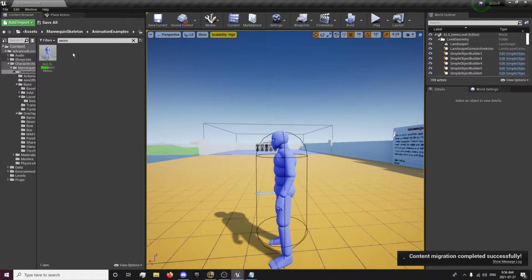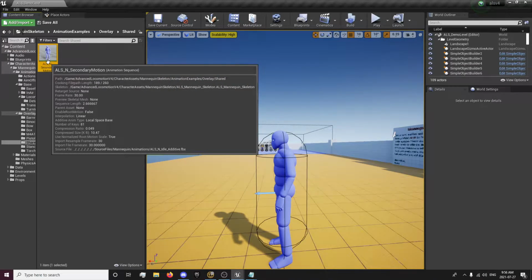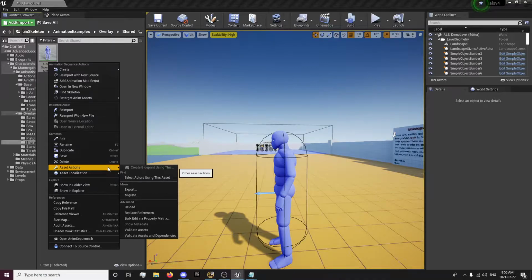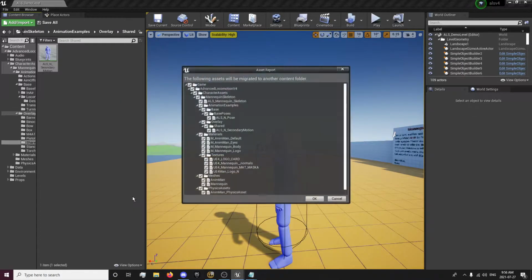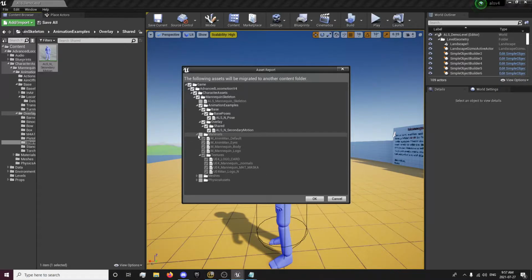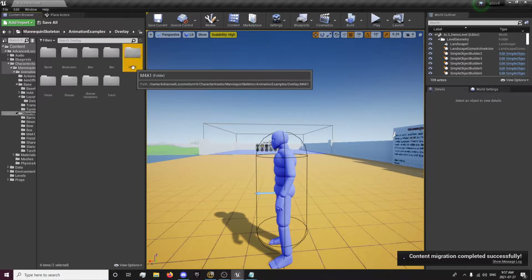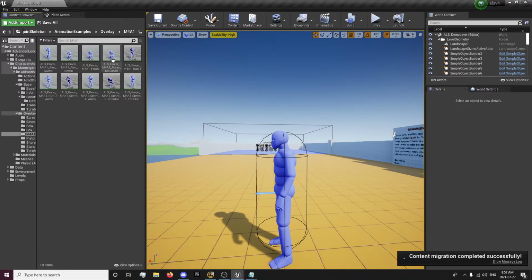We also need our secondary motion, just in our overlays and shared. We can asset, migrate, get rid of this, and keep the ALS neutral pose. Get rid of the materials, meshes, physics assets. So we only have these two. And click OK. We will select the same folder, go to overlays or import A1, and we'll get the